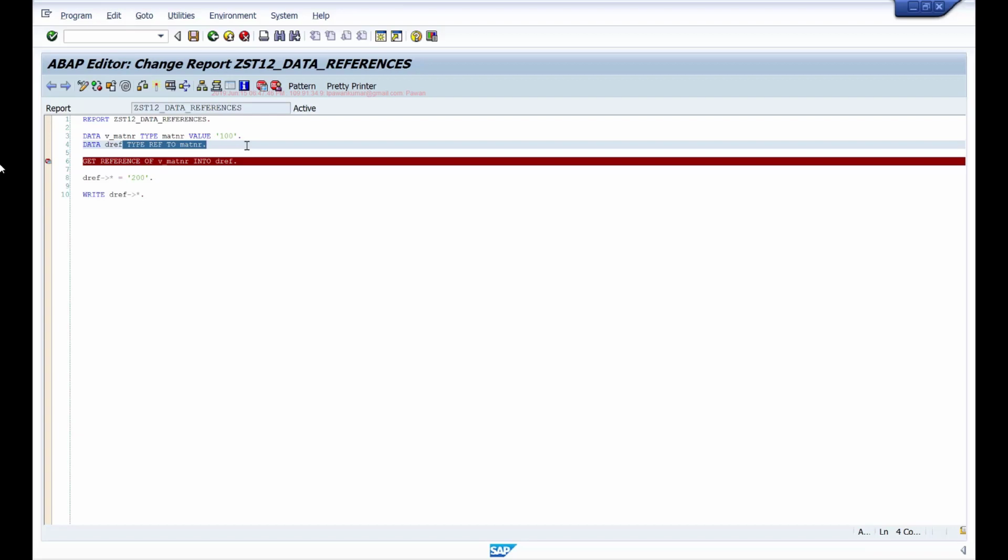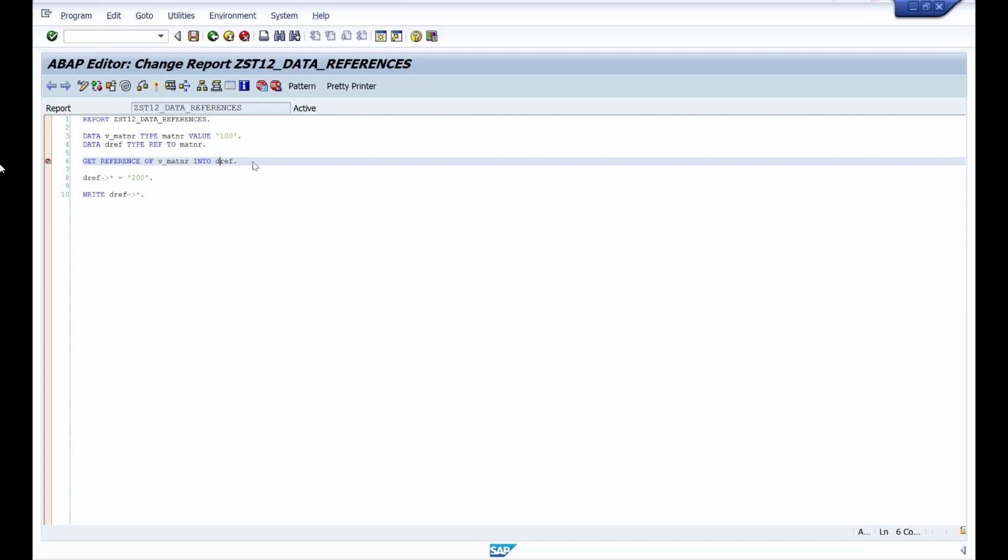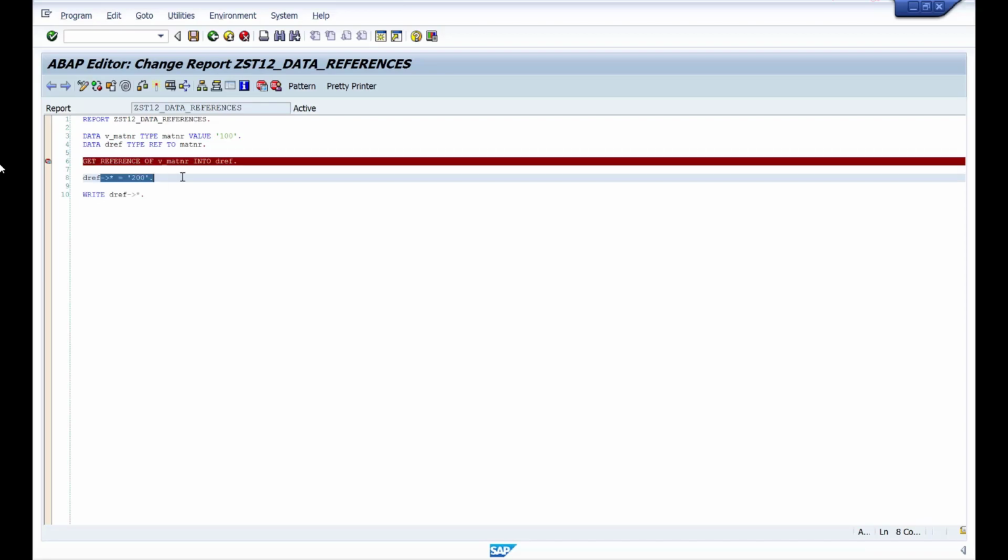You already know statically that this is a MATNR field and I'm processing it as a MATNR field. So they don't sound any different from field symbols. It's just that you are doing a couple of steps extra. Instead of doing it this way, I would rather use a field symbol, because anyway, once I get the reference to that memory address, I'm dereferencing it to access the memory.